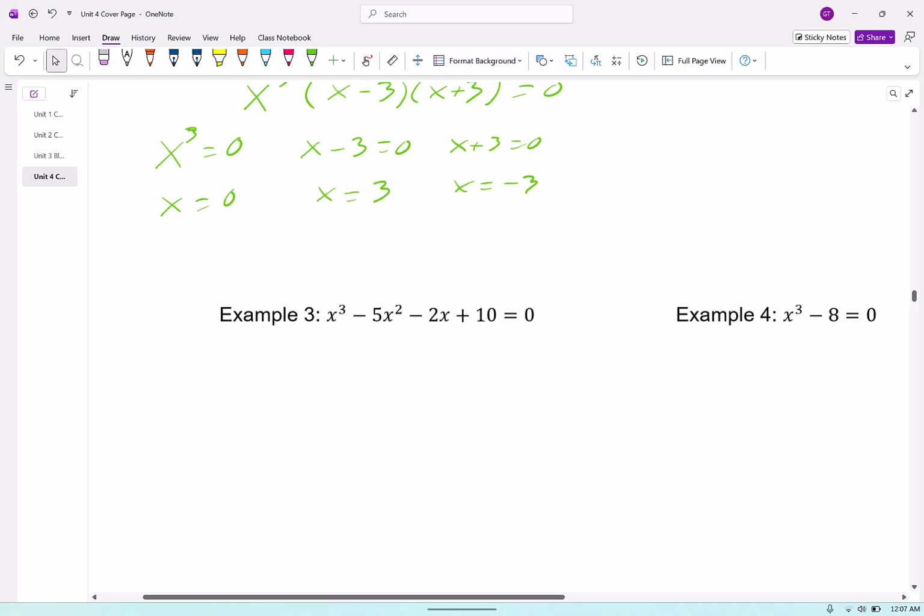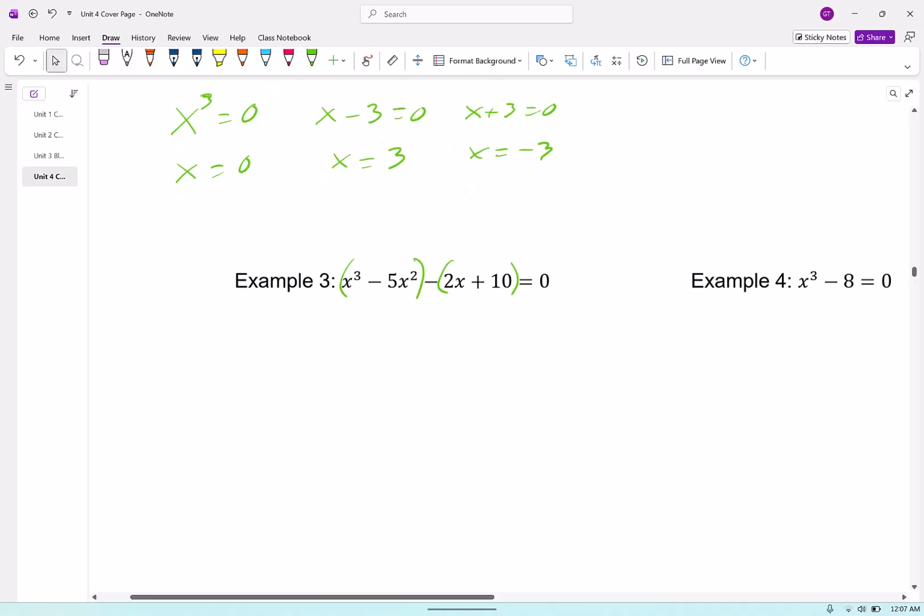If you remember back to what we've done before, we did this by grouping. So I grouped my first 2 terms together. I grouped my second 2 terms together. All right, so if I look at this first one, what's common? Well, I got x in both. I got a cubed and a squared. Well, I could take an x squared out of it, and that's going to leave me with x minus 5. All right, minus, well, I got a